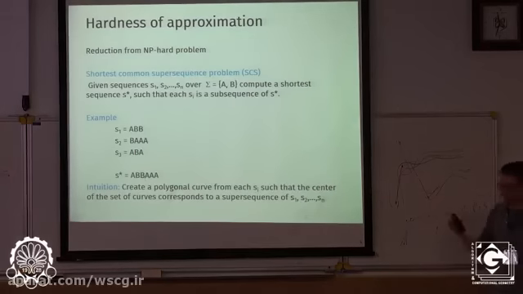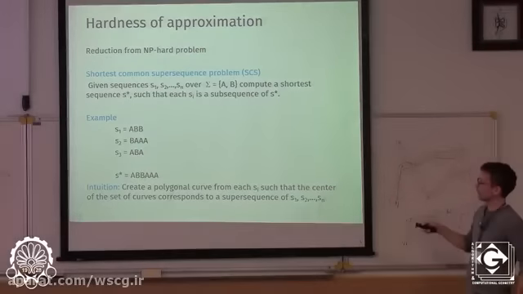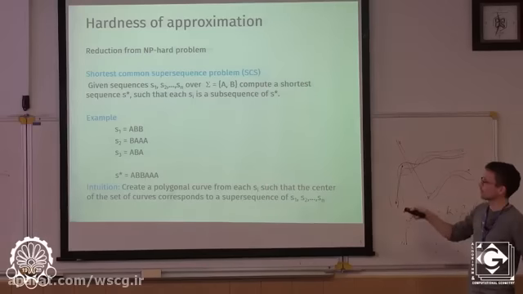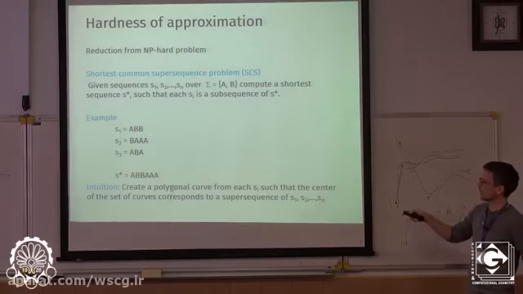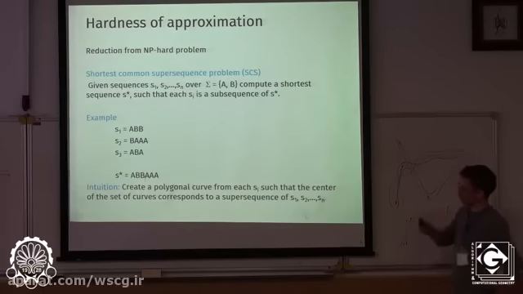This problem is NP-hard, and now the idea of the reduction is that for each of these input sequences, we will have a curve, and then the center that we're looking for will correspond to a supersequence. And essentially what we now need, if you think about this problem, the center will be a longer sequence. So there will be things on the center not mapped to,